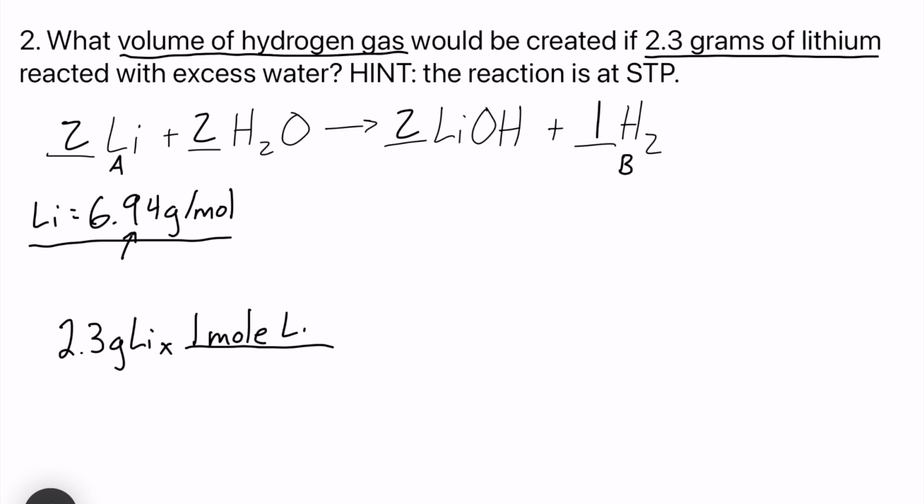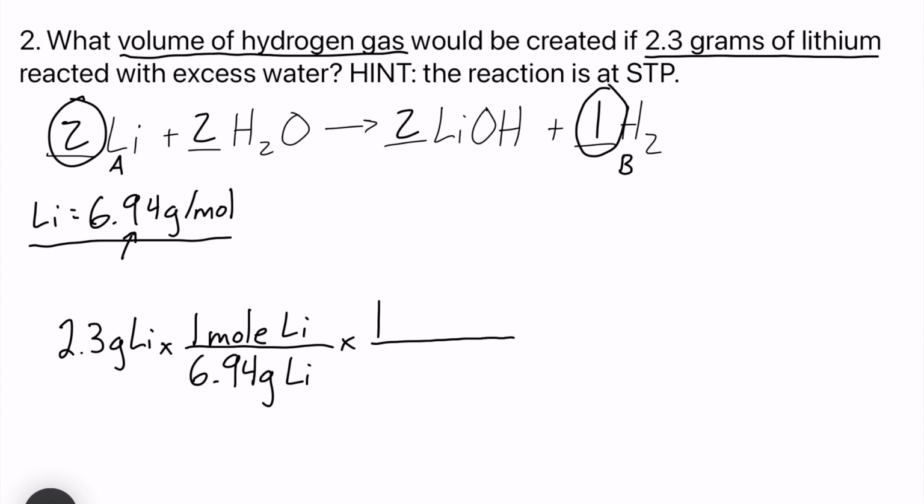So we have 1 mole of Li on top. And for every 1 mole of lithium, we have 6.94 grams of lithium. So that's our first conversion. If we were to stop here, we would be in moles of lithium, but we want to eventually get to volume of H2. So before we get to volume, we have to convert to moles of H2. And remember, when we're converting between moles of one substance to another, we have to use those coefficients in our balanced equation. So for every 1 mole of H2, we have 2 moles